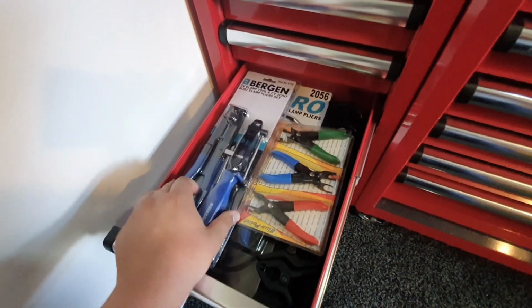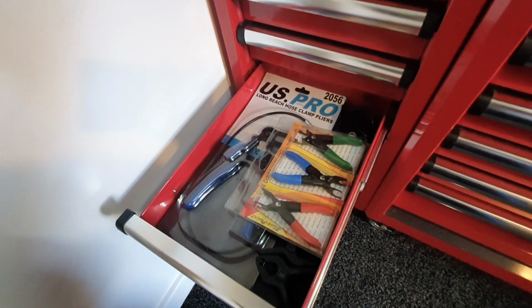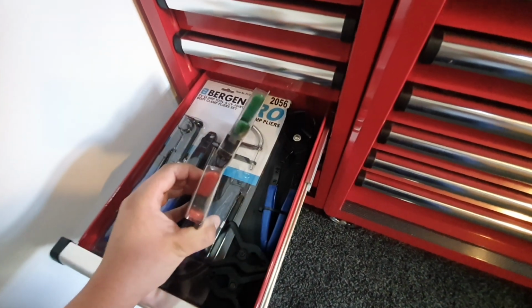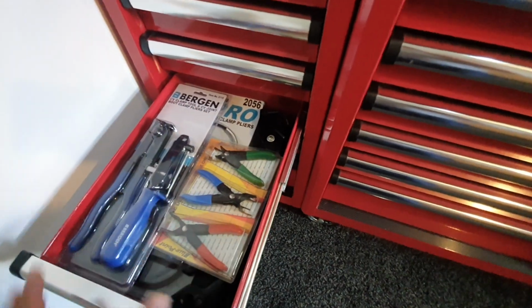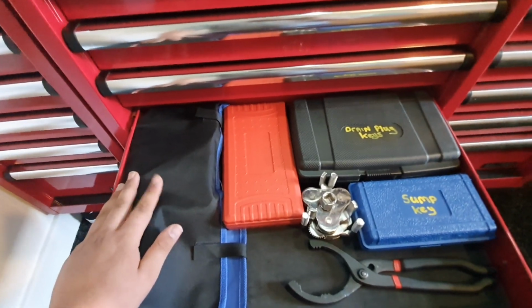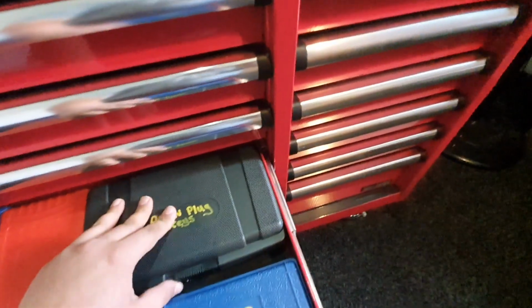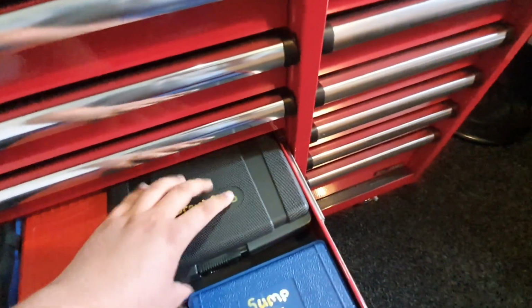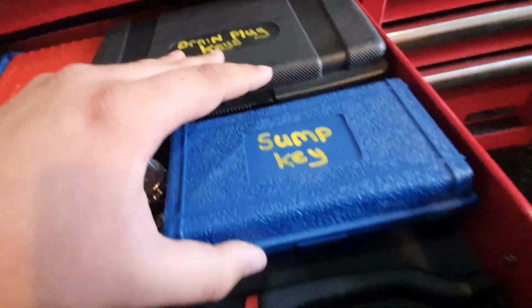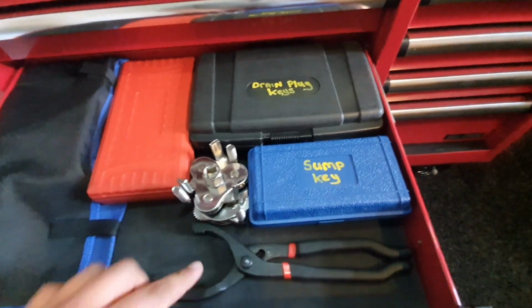Then in here I've got some specialty stuff, so it's got CV boot and clamps, long reach hose clamp pliers, Blue Point fuel line disconnect pliers, some pliers for exhaust rubber clamps. Then I've got oil filter bands, a 1/4 inch drive service bit kit, a large sump plug key set, if I can open it, for the various vehicles. This is similar kit, just a small version. 2 oil filter claws, oil filter wrench,